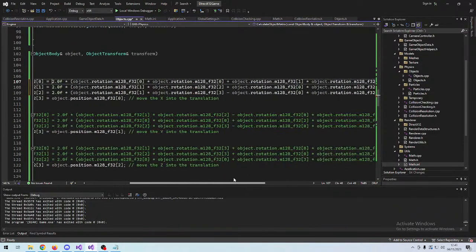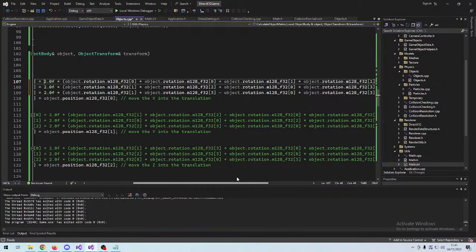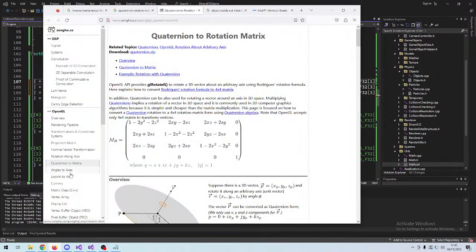And it's not that value. Let's see. So the x, which is the first column here,